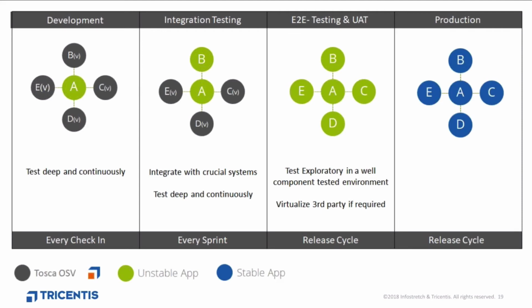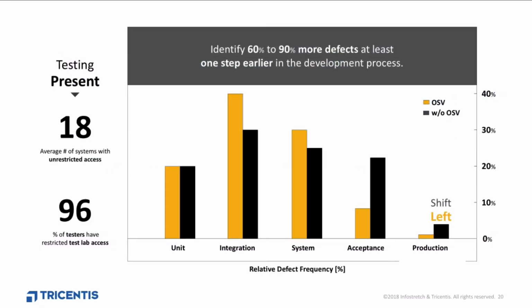Now we enter the user acceptance phase, where all components now interact with each other. The number of tests you now have to run can be massively reduced as you already enter this stage with a certain confidence that the quality of your system is acceptable. And finally, there may be an additional production stage where you run your end-to-end tests against the whole system to make sure your product works as expected in the production-like environment. And that's basically it. So what does it mean in numbers?